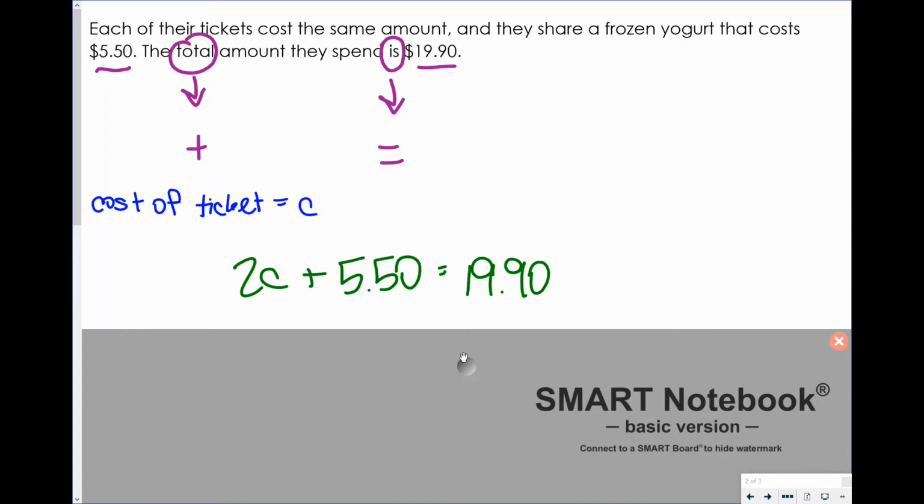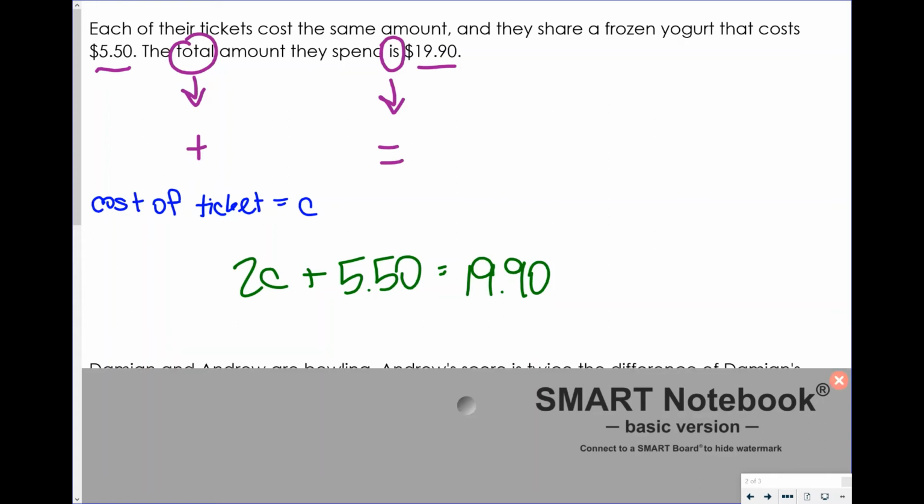Well, if you go back to the problem, each of their tickets cost the same amount. Each same amount. And they share frozen yogurt. Well, that's not important there. Well, it quite is. But each of their tickets cost the same amount. Each means what? 2 together. So you got 2C plus $5.50 equals $19.90. Now, I did not work this out, but if I did,